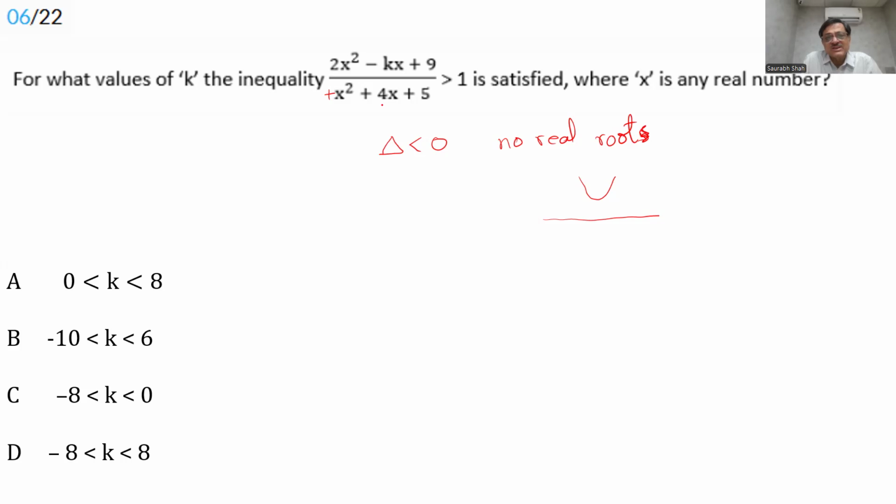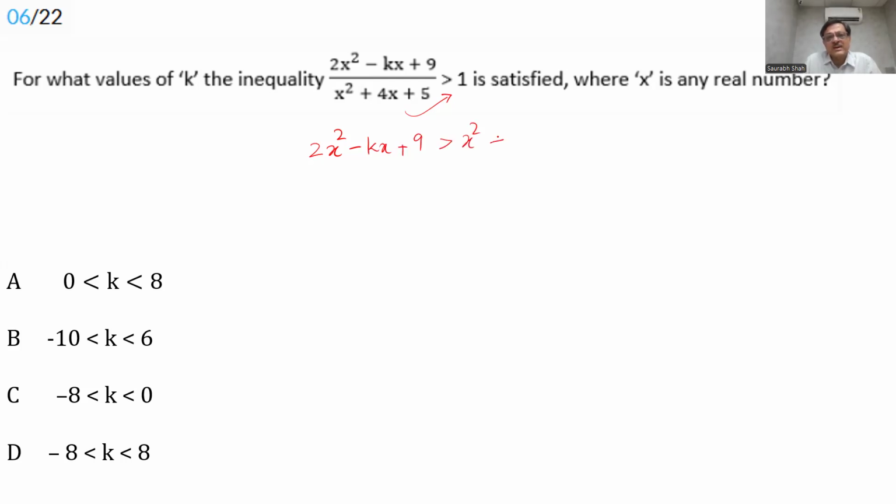And look at the delta. Delta is b square minus 4ac. 4 square minus 4 into 5 is minus 4, a negative value. Delta is negative, which means this entire value will be greater than 0 always for any value of x. Had we not known this, it would have become lengthy to solve. But knowing this, now we can shift this bracket onto the right hand side without changing the sign because it is a positive value. Now we can write 2x square minus kx plus 9 is greater than x square